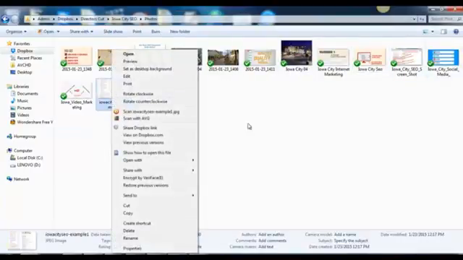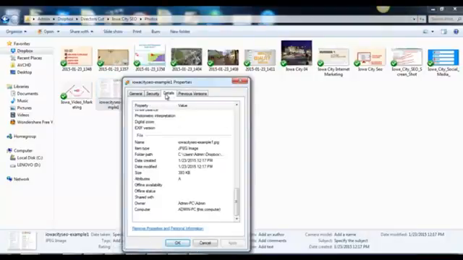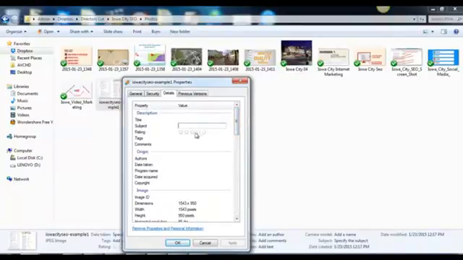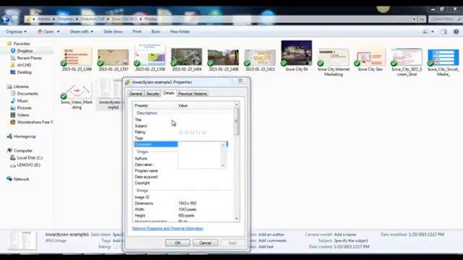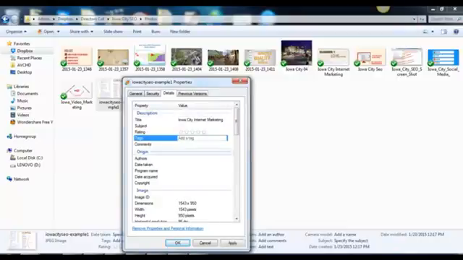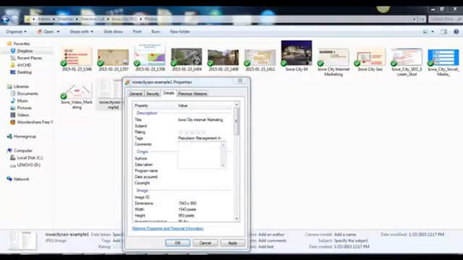But if you wanted to, you can go into the properties of the picture. You can go into details, and you can add a title, tags, a comment. So, for example, I can add some more keywords in here. And what it'll do is when this gets crawled, it's going to have some of these keywords. So what I would usually do here is get some long tail keywords. I'd have a whole list of keywords usually, and so we would just put some long tail stuff in there, and my outsourcer would just go through, and we wouldn't want to stuff them. Like the comments, we would put like,